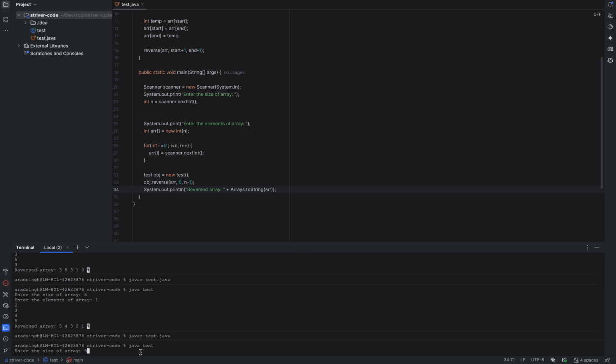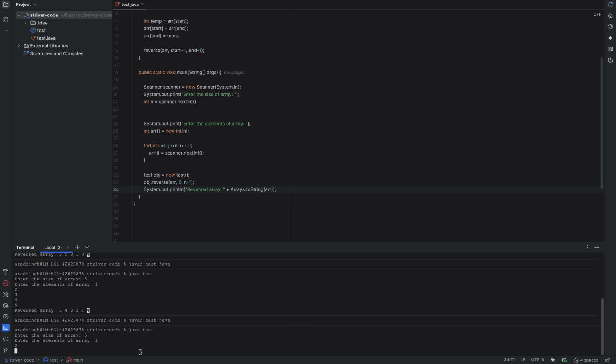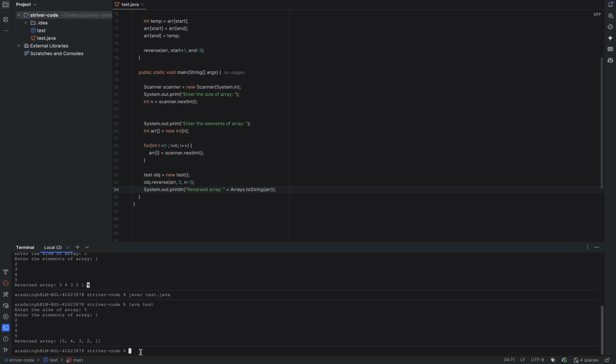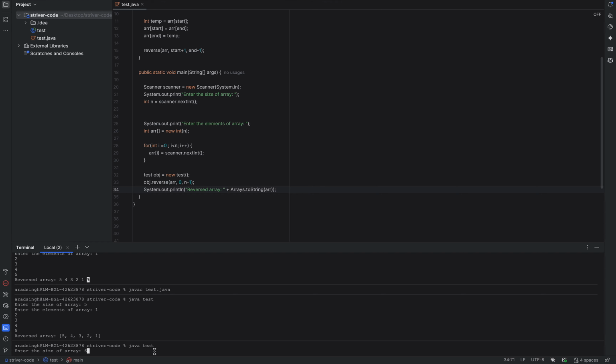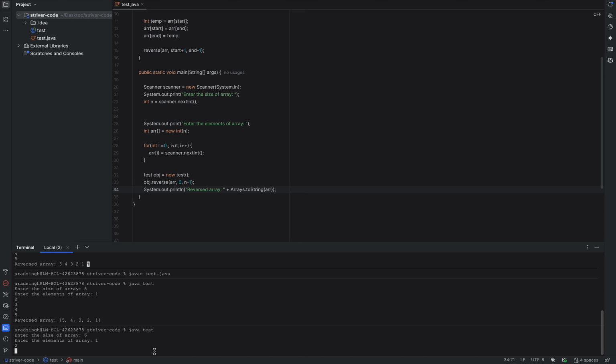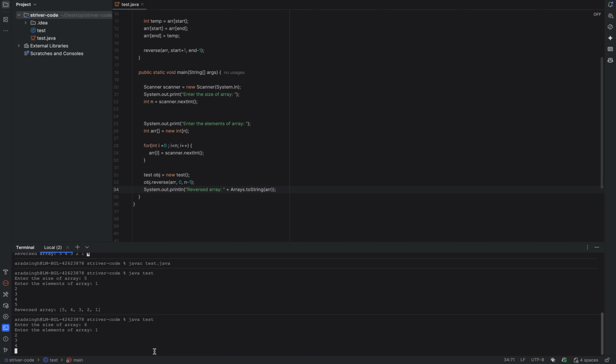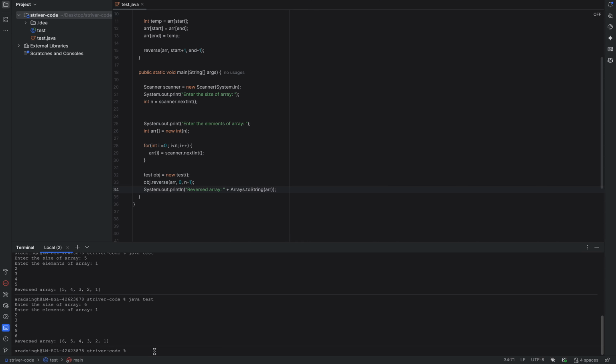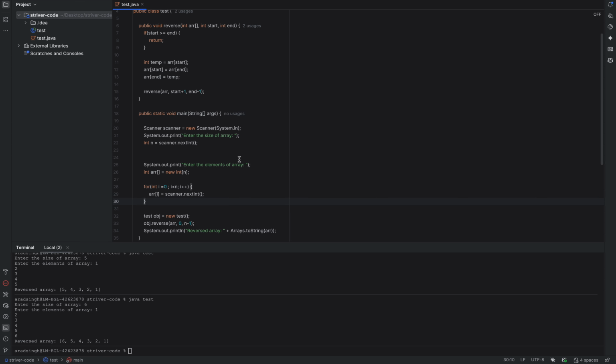Size of array is 5. We'll say 1, 2, 3, 4 and 5, and the reversed array is 5, 4, 3, 2, 1. I'll also try to see what will happen if the number of elements is even. So 1, 2, 3, 4, 5 and 6, and the reversed array is correct. So this is another way of doing this,